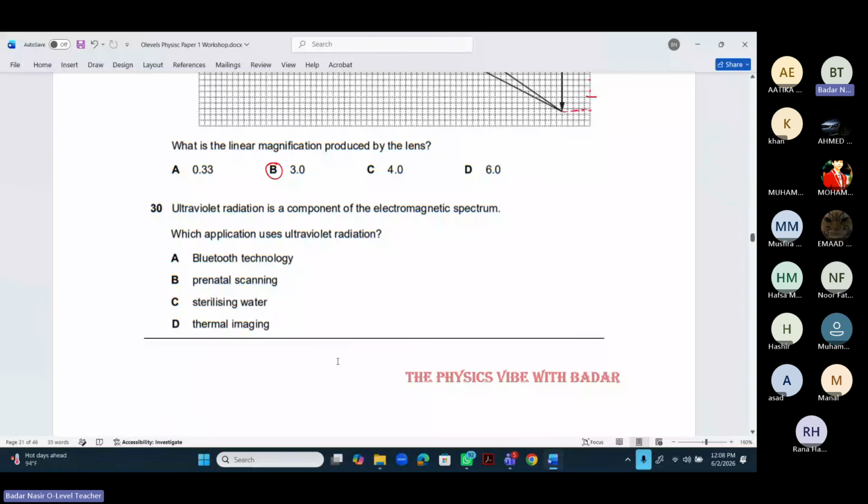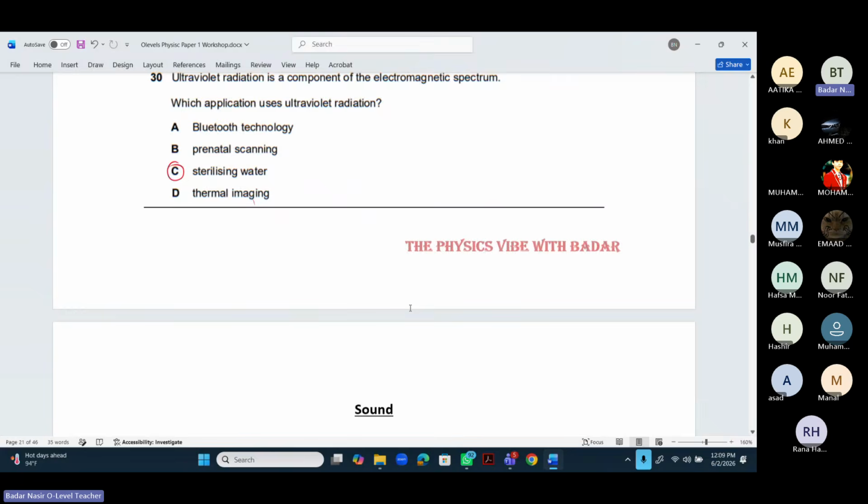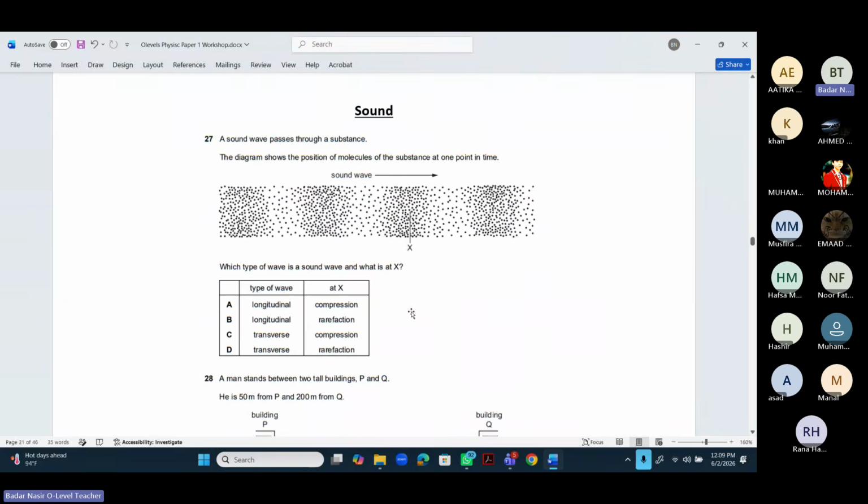Ultraviolet radiation is a component of the electromagnetic spectrum. Which application uses ultraviolet radiation? So Bluetooth technology, prenatal scanning तो ultrasound यूज होता है, और ब्लूटूथ टेक्नोलॉजी में यूवी रेडिएशंस नहीं आती। ठीक है, स्टेरिलाइजिंग वाटर और थर्मल इमेजिंग, तो स्टेरिलाइज करने के लिए हम यूज कर सकते हैं अल्ट्रावायलेट रेडिएशन को।